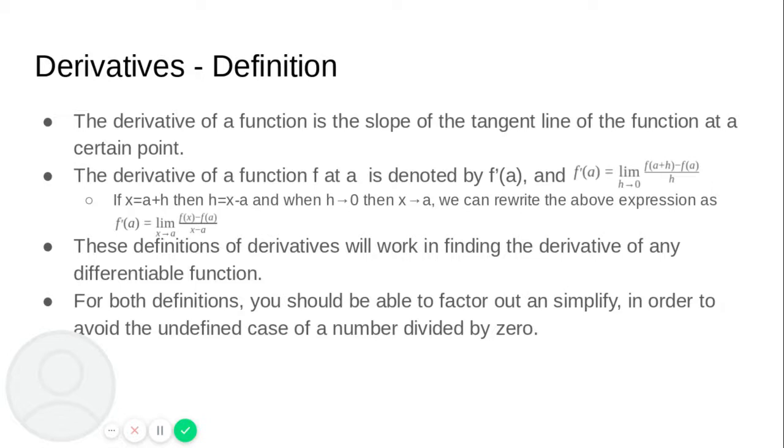So the derivative of a function f at a is denoted by f prime of a, a single quote, I suppose, so I'll just call that the first derivative. So the first derivative is the limit as h approaches 0 of f of a plus h minus f of a over h. This can also be written if we express x as a plus h, which follows that h